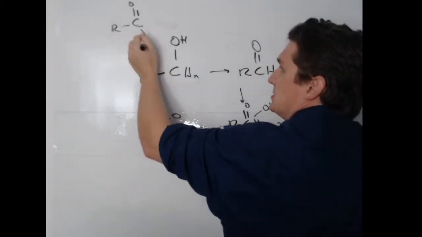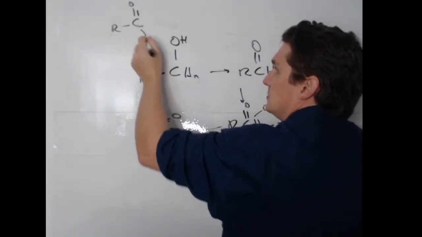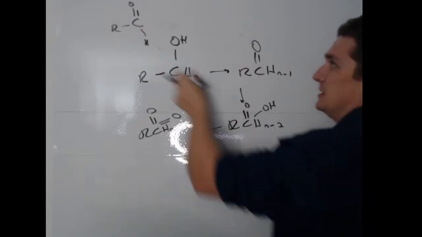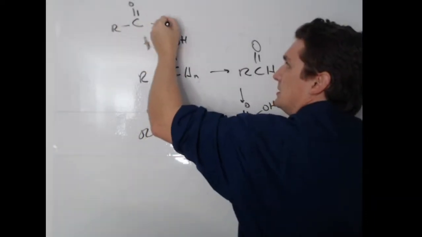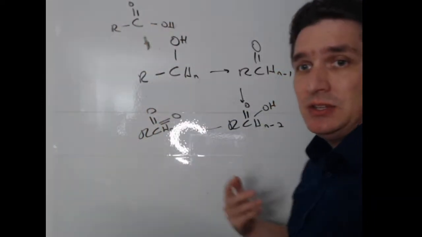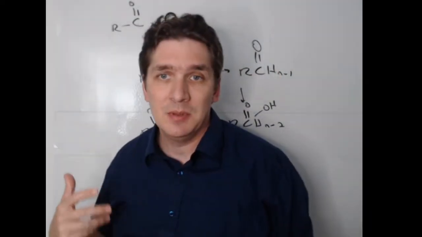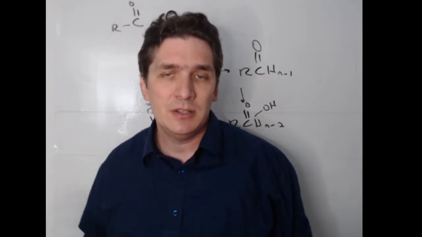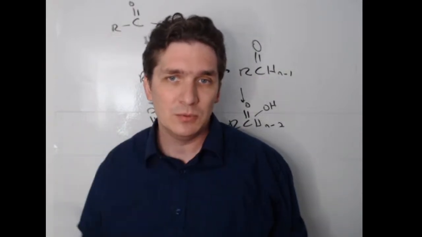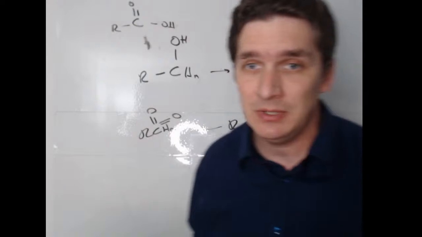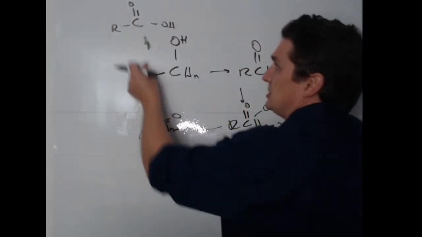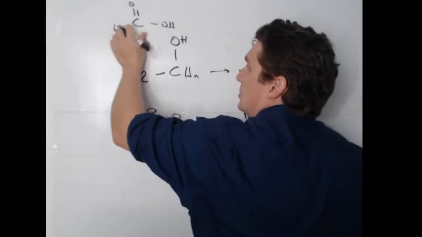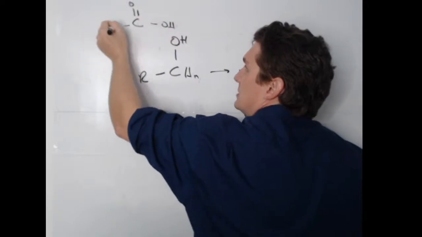If we have another hydrogen, so in this case N equals 2, we have one more hydrogen to get rid of, and so we end up with a carboxylic acid. Now let's say you start with something like methanol with three hydrogens. There are two ways I've seen this reaction written. One is that we get rid of this hydrogen and we make this